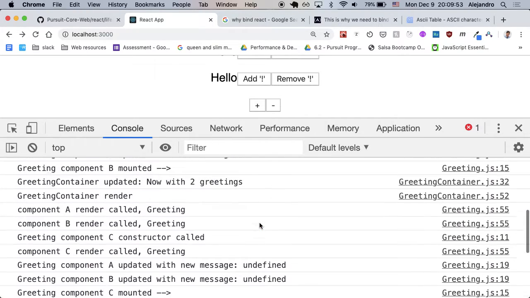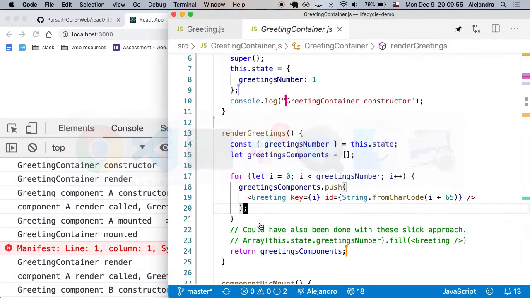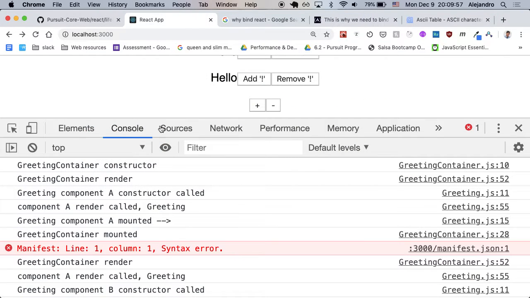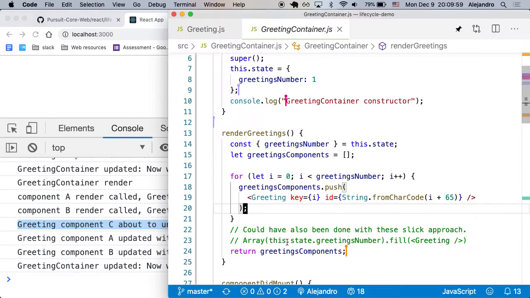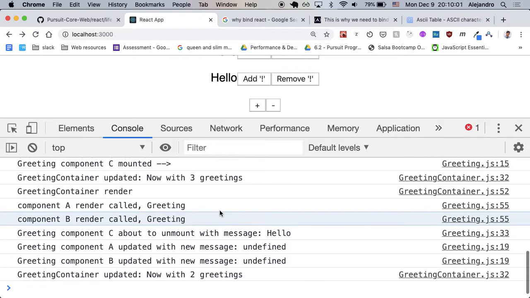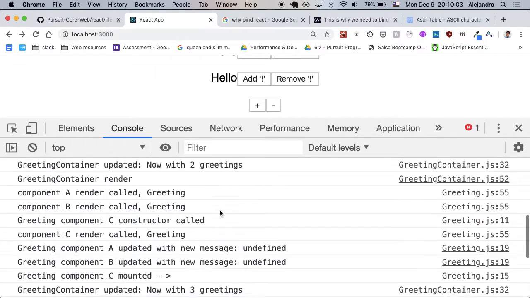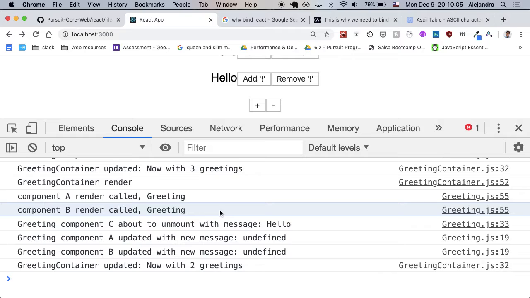Cool. So any final questions? I think I'm going to put this in a repo for you to inspect. But any questions regarding the sequence of steps that happen? Cool, so I'm going to put this on a repo and then I can share it for you